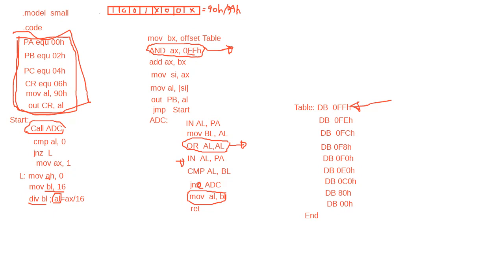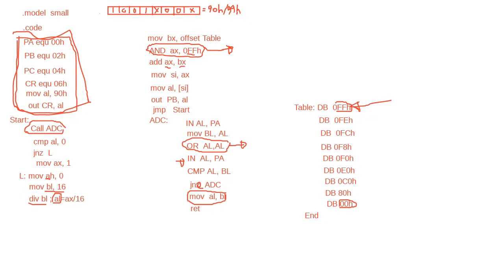Okay, then the scaled down analog data, we will add it with this offset value, because if the analog value is minimum, we have to make all the LEDs on. If the analog value is maximum, then we have to make all the LEDs off. So how can we get this? We switch according to this table. So after adding the scaled down analog value in AL and the offset address,